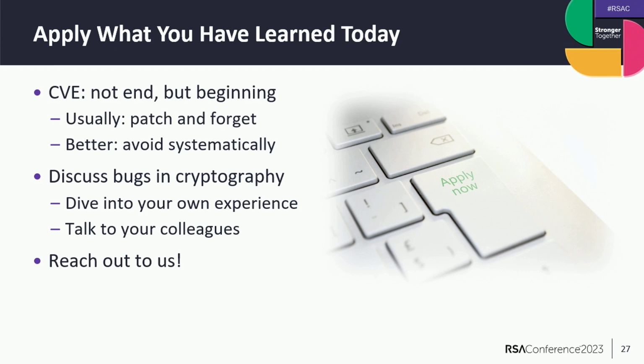So I want to move to my last slide and leave a little bit of time for Q&A as well. I'm cheating here, this is the exact same last slide that I showed 3 years ago, as I think it still applies. So, the RSA "apply what you learned today" slide. I do want to make a statement that whenever you find a vulnerability, it should not be the end, but the beginning of some process. Instead of just saying, let's patch and forget, we figured out this one, so many other vulnerabilities to deal with, could there be potentially systematic ways of avoiding this vulnerability?